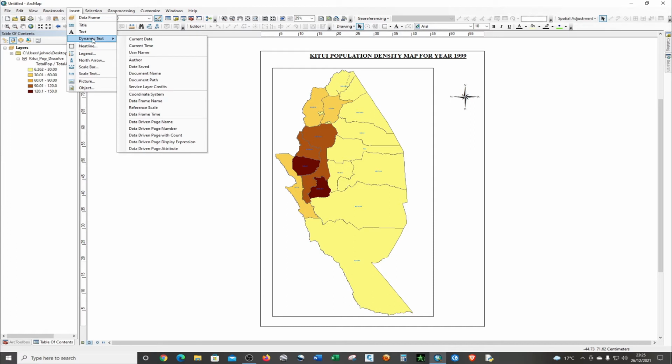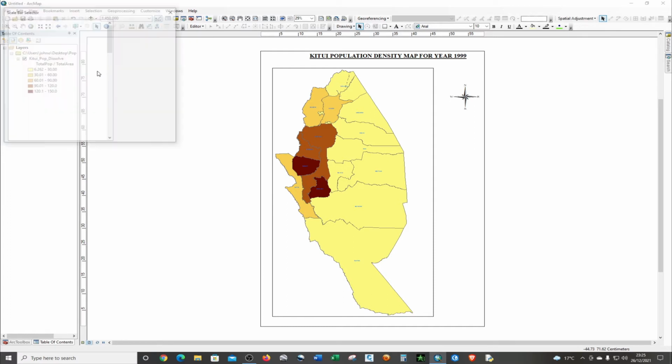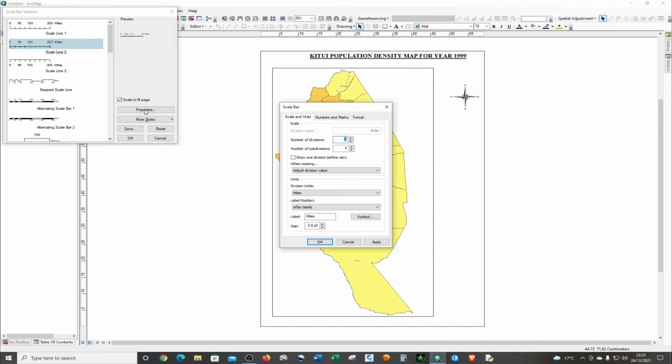Now we can also add, before you add the legend, I prefer to add the scale bar first, and I'm going to choose the first one. Then we're going to change the properties. You're going to change the division unit from miles to kilometers,